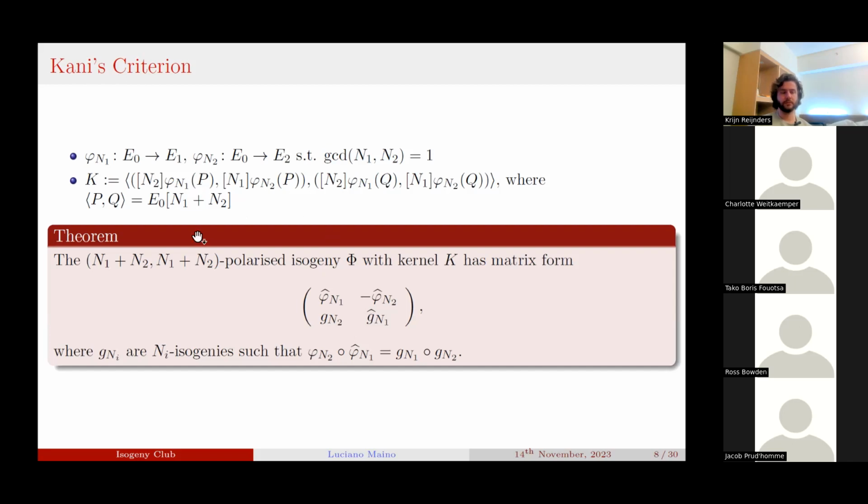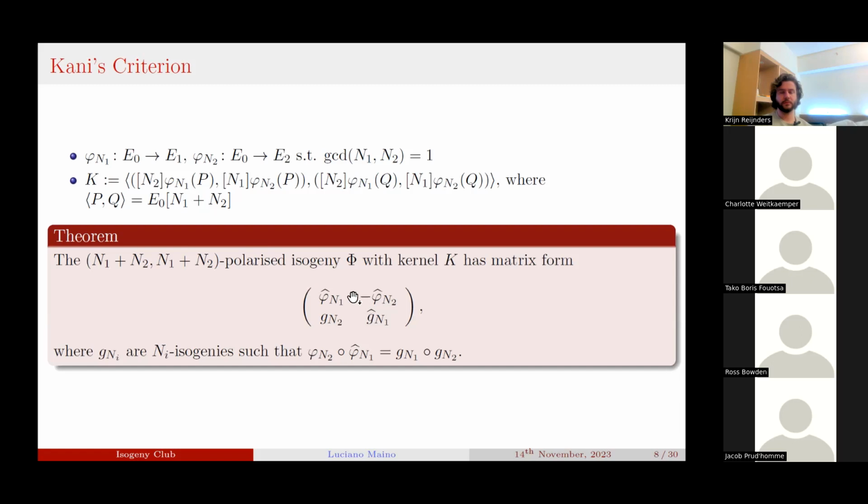Once we have this, we know that the isogeny having kernel K is an n1 plus n2 polarized isogeny phi. At the moment, ignore the word polarized. I will come back to this, and everything will become explicit when I move to the second part of the talk, when I will give you more details about the maths behind this theorem. The only thing that we should remember right now is that this